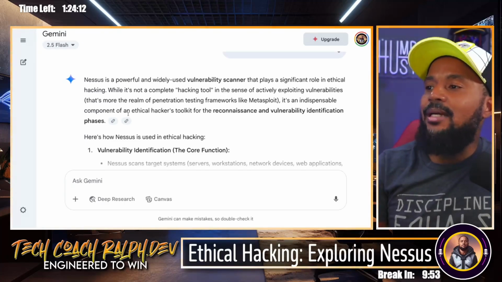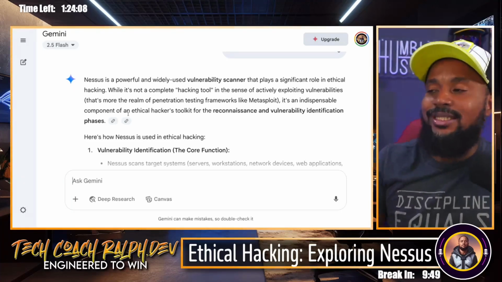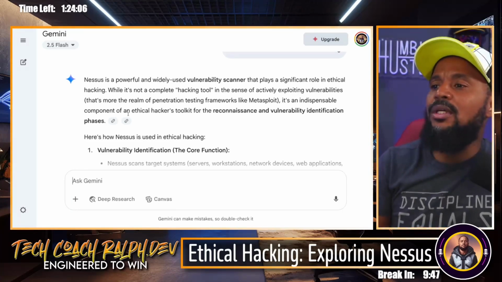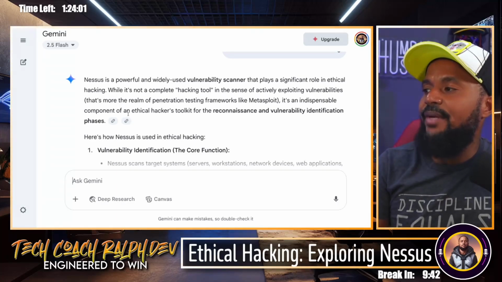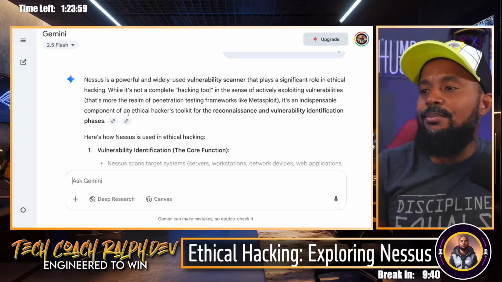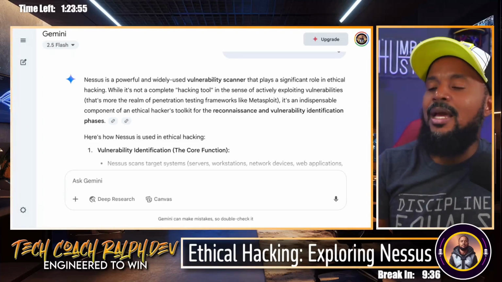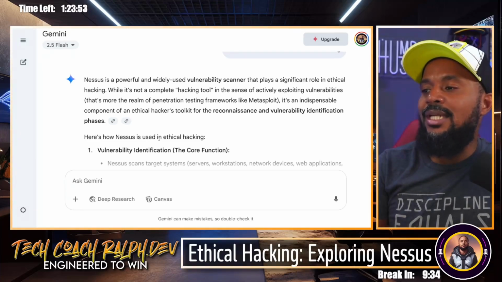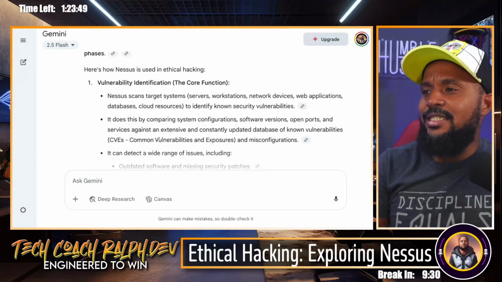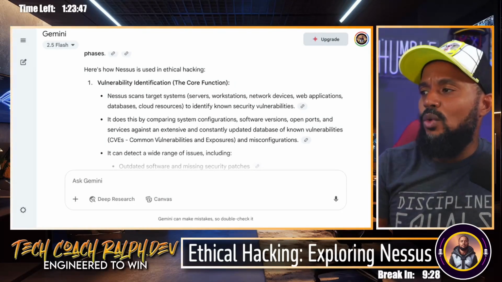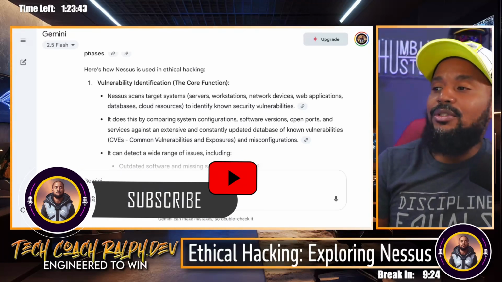While it's not a complete hacking tool in the sense of actively exploiting vulnerabilities, that'll be the penetration testing part, that's more the realm of penetration testing frameworks like Metasploit. It's an indispensable component of an ethical hacker's toolkit for reconnaissance and vulnerability identification phases. Here's how Nessus is used in ethical hacking. Vulnerability identification, the core function: Nessus scans target systems, servers, workstations, network devices, web applications, databases, cloud resources to identify